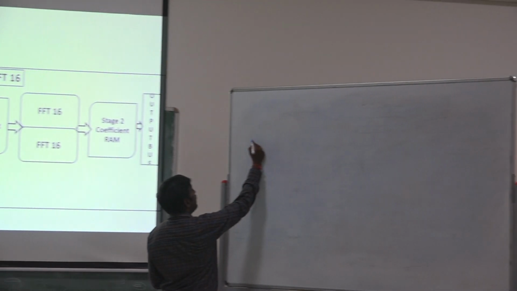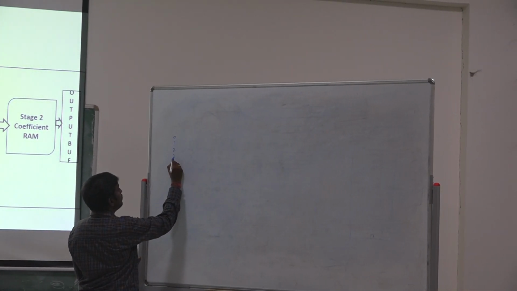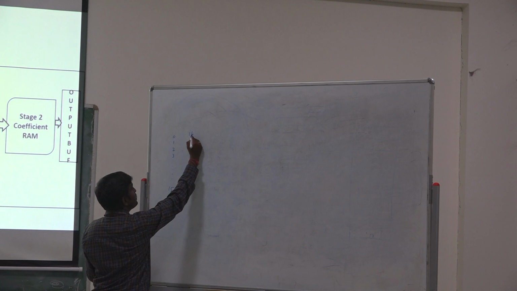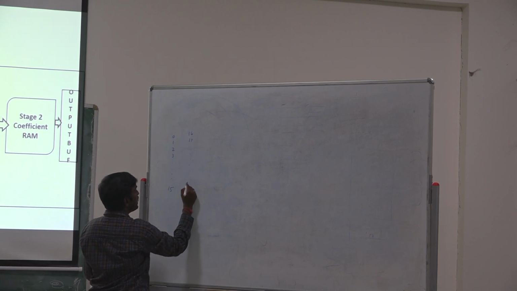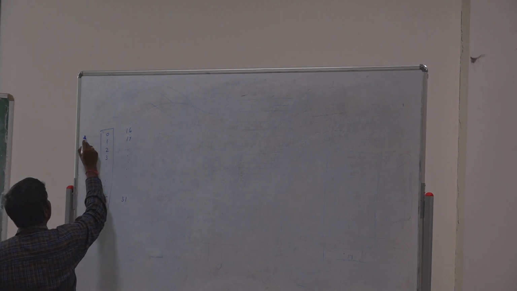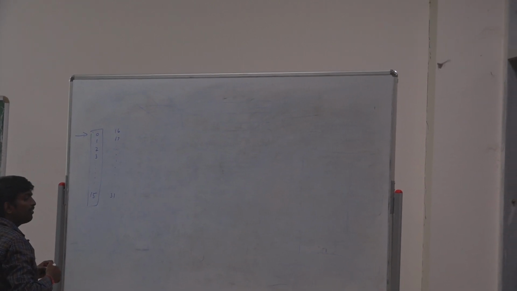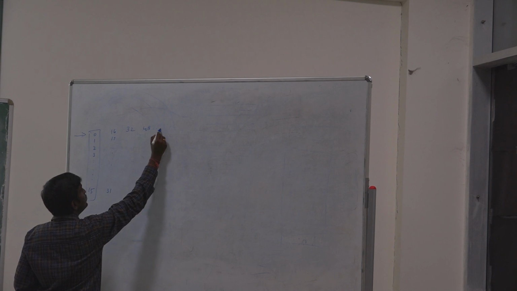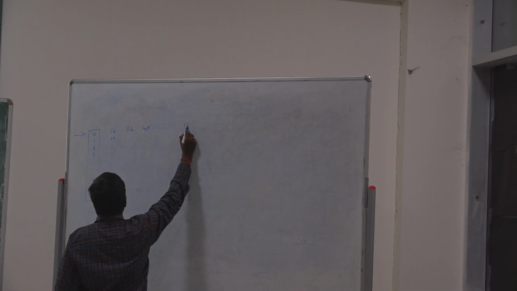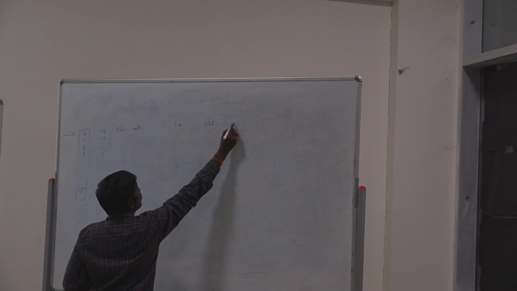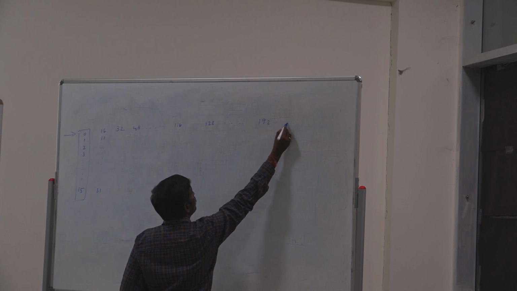As we discussed, sample 0, sample 1, sample 2, sample 3, and so on will go on till sample 15, and then from sample 16, sample 17, we'll start storing till sample 31. So this is actually one subframe, that means to convert into a single subframe. But we need to compute our first subframe of FFT as 0, 16, 32, 48, and so on until 112, sorry, 116, and then 128, and so on till 192. The remaining will be 0.